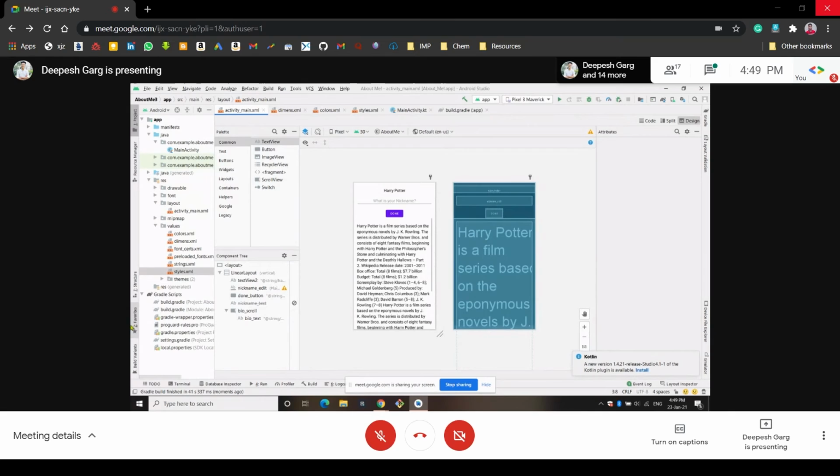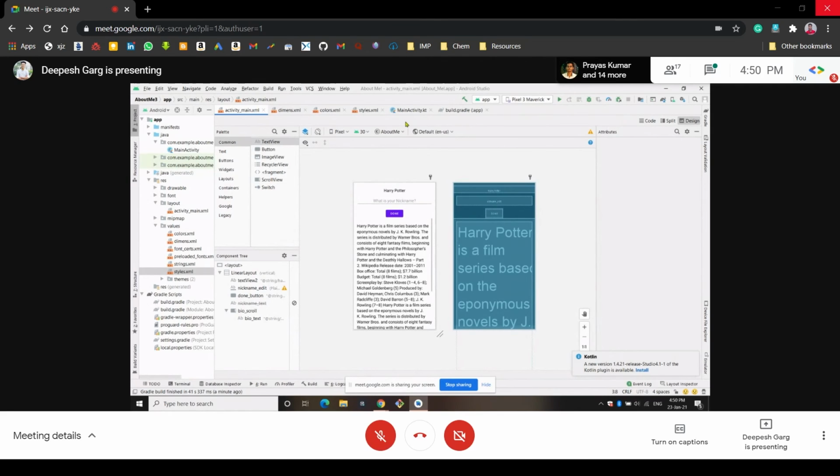Yes, I have seen some doubts. Pragati has asked that the app was crashing when she tried to run the layout. Okay, so the app will crash without the backend part. You have to create the backend part first to run the app. Without it, it will crash definitely, because we have used this linear layout, and for it to work on your Android device we have to add the backend part also. Whenever you install this app on your phone, you should write this backend part also. Then your app will run.